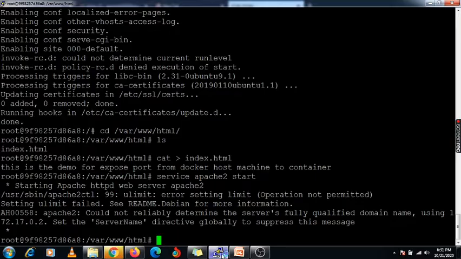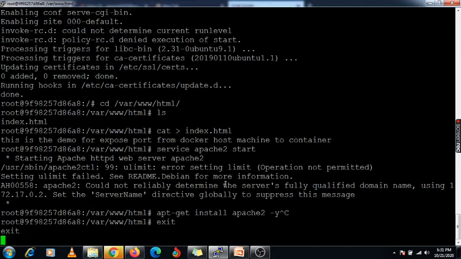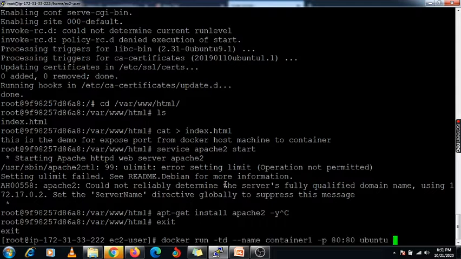Now we are going to use another port, with the same command. First I need to exit from this machine, which is my container. I am going to use another command with -td.